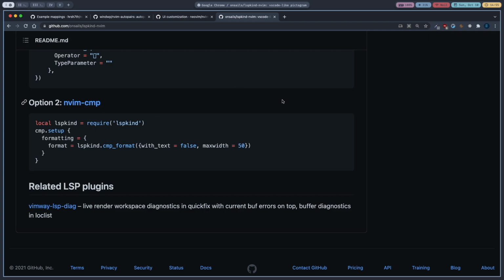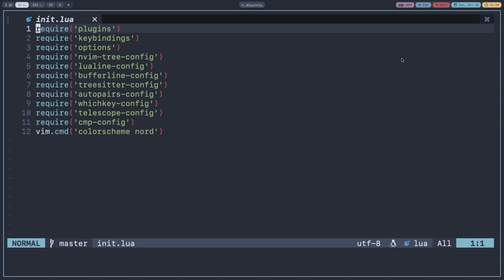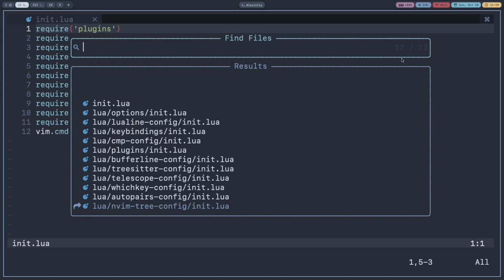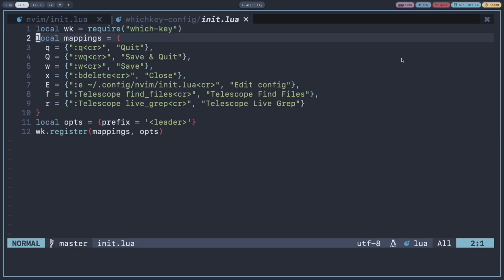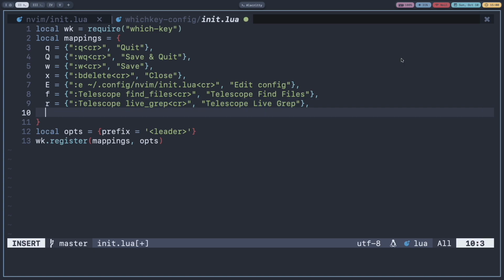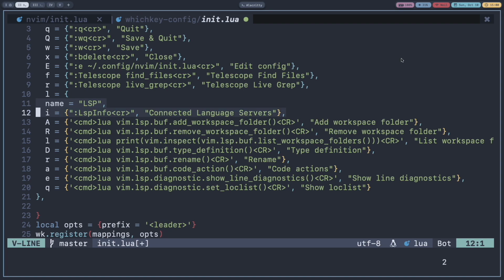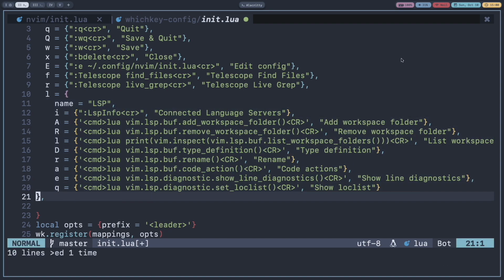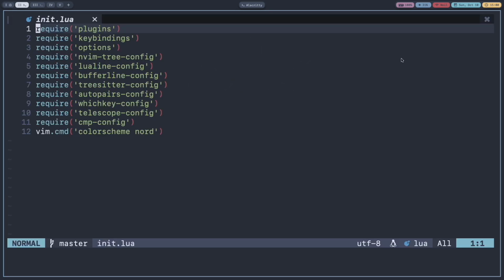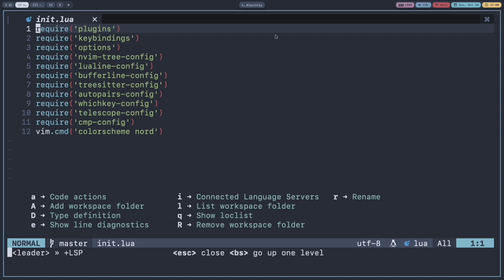Okay, now let's add some key bindings for the LSP. To do that, I have some key bindings which I made on my own, so I'll put them in the description. Everything I am typing will be in the description. So go to which-key config /init.lua and at the end just paste this part, and I'll add some indents. Now if I go back to my init.lua and press space and L, I can see all my LSP key bindings. I'll show you what these do in the next video.